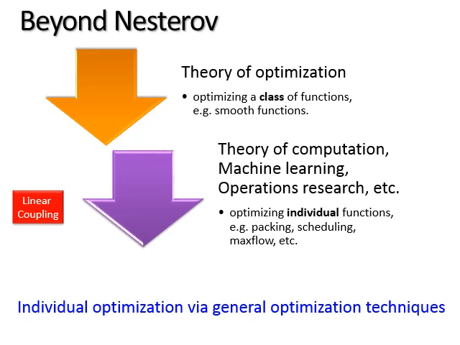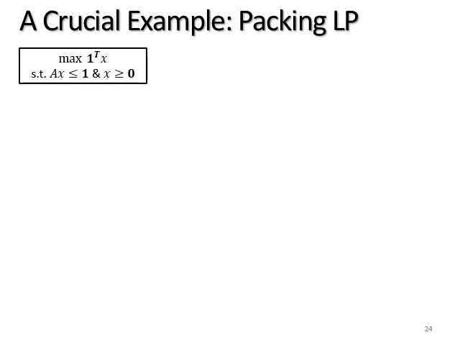Here is one example, and in fact, a very crucial example. That is the so-called packing LP, packing linear programming. Suppose that we want to maximize 1 transpose x, subject to the constraint that Ax is less than or equal to 1 in the vector sense, so coordinate-wise, and x being a non-negative vector. This program is called a packing linear program because each entry of the matrix A is required to be